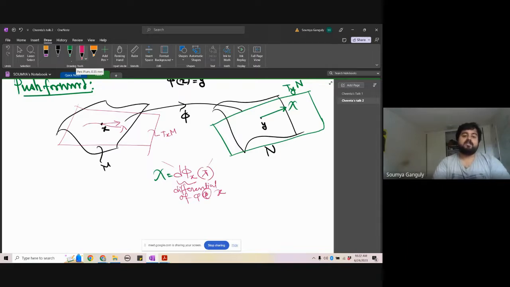Suppose you have a curve on the manifold M such that the derivative of the point x for the curve is nothing but lambda. You can create such curves. Then, because this curve is on the manifold, and the manifold is getting mapped to the manifold N by this map phi, the curve will also get mapped to a curve on the manifold N. Then what is the derivative similarly at the point y for the mapped curve? The derivative vector is nothing but chi.